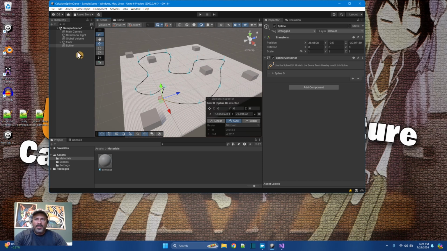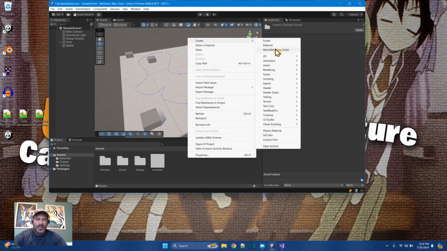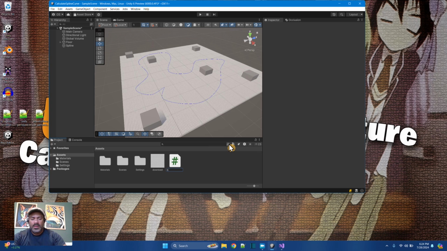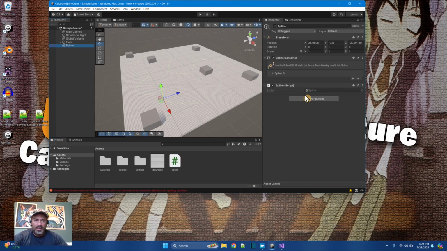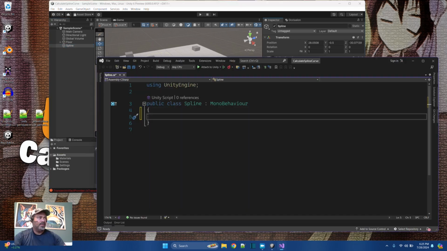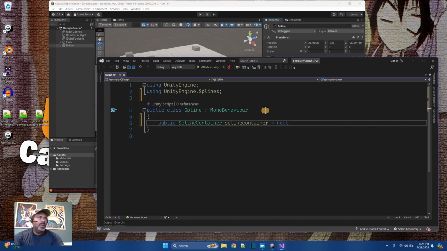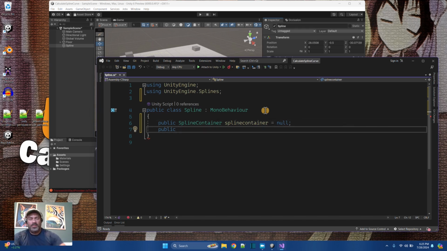Now I'm going to have some code. Create MonoBehaviour script. I'll just call it Spline. Drag and drop the script onto the object. And now let me double click here to edit the script. So let's see. We're going to get the spline container object, and we're going to evaluate some points around the